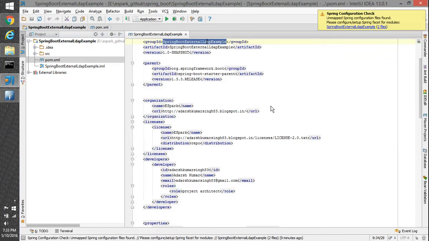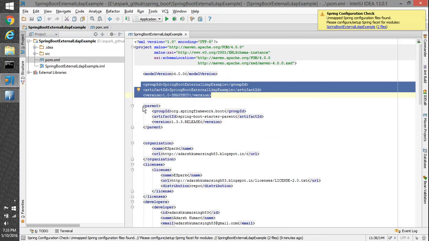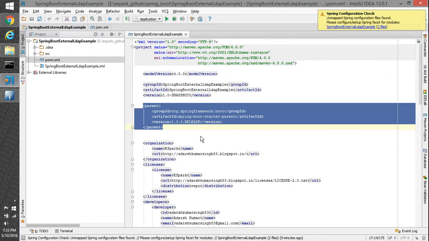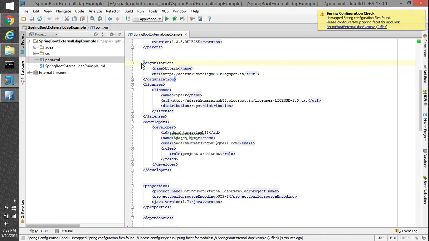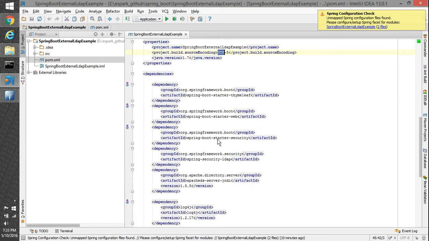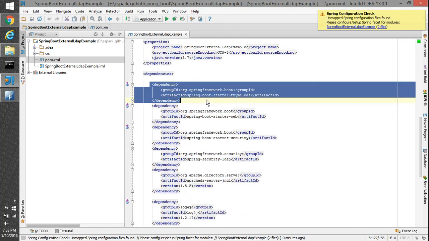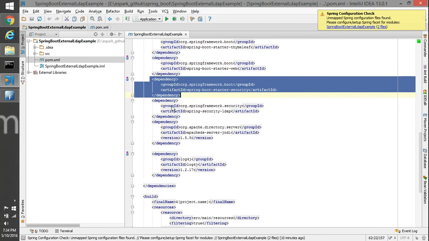In our application, first we'll go to the Maven file. These are just standard configurations. Then we have configured the Spring Boot parent dependency, followed by organization, licensing, developers, properties, application name, source code encoding, Java version, then the Thymeleaf dependency, Spring Boot starter web, and Spring Security related dependencies.